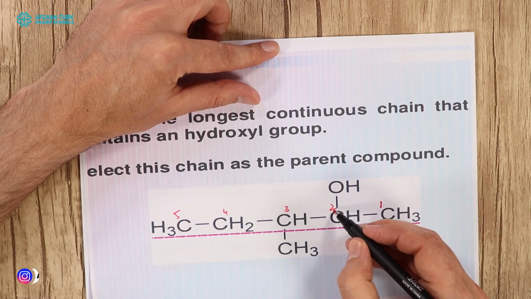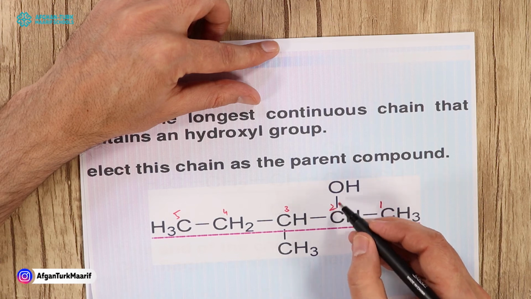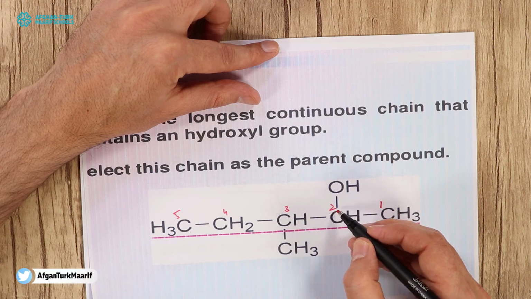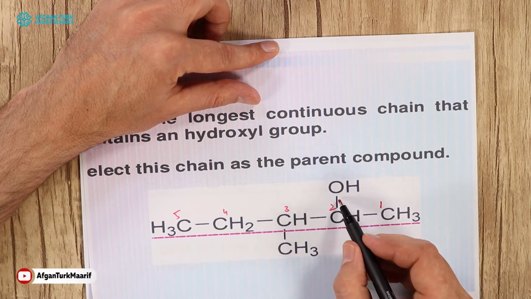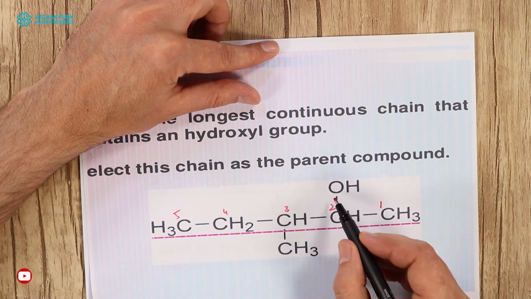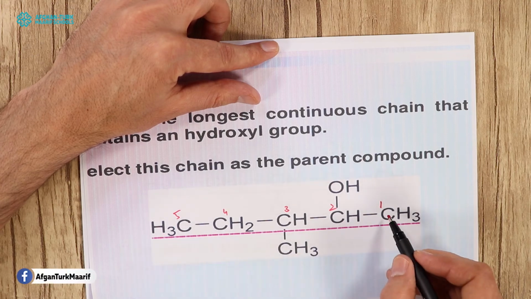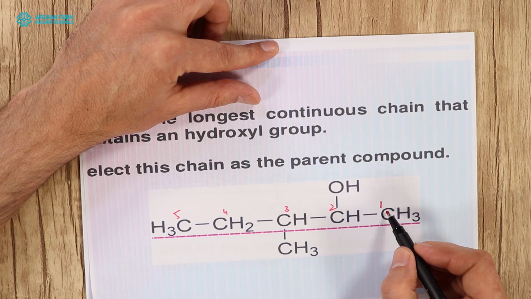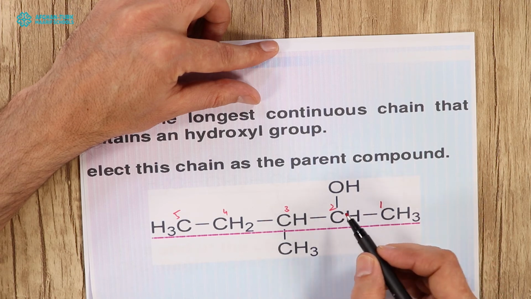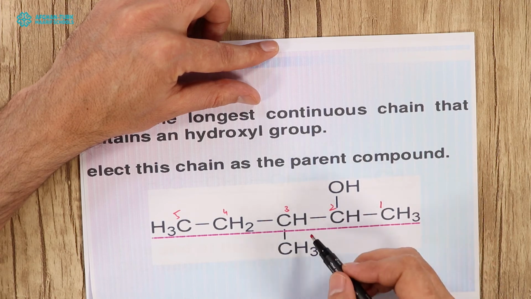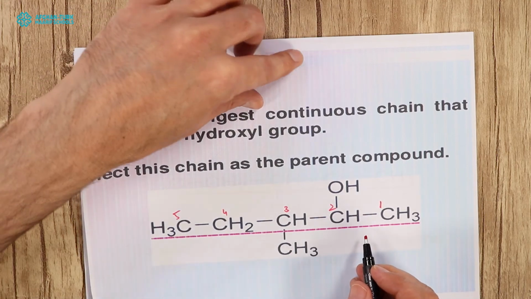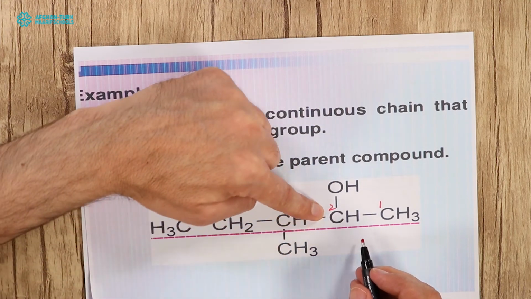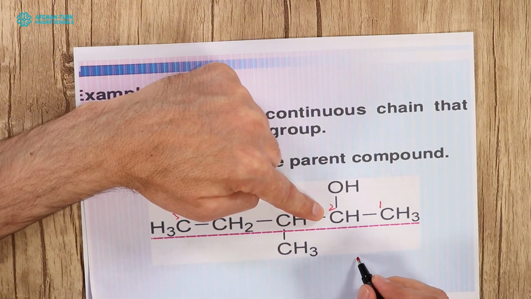On the second carbon you can see an OH group is there. So if the OH group is there on the second carbon, why am I going to start from here? Because this OH group is near to this carbon, not to this carbon. So that's why I am going to start from here. This will become my first carbon, this will become my second carbon. Okay, my dear students. Next one, if on the third carbon you have a methyl group, how can I give the name to it? So it will become 2-pentanol.